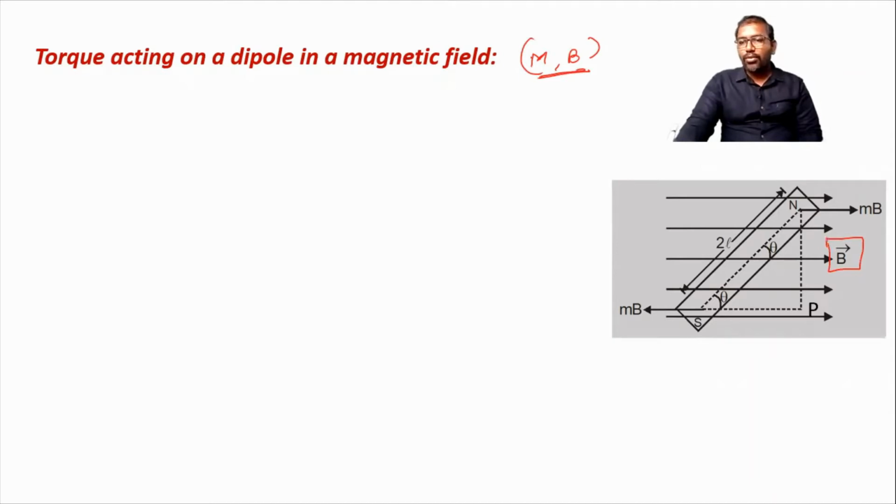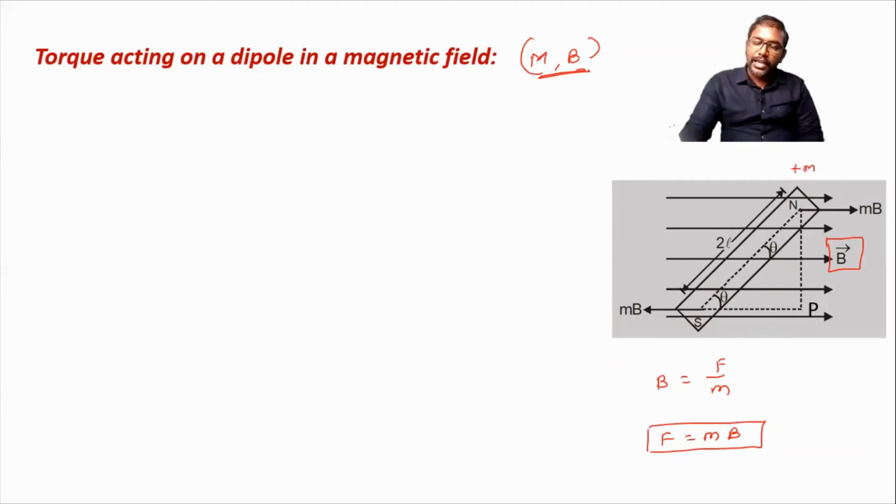Now here we have to discuss the forces acting on this pole. By using the analogy between electric and magnetic fields, we can write magnetic induction as F by m, where F is the force and m is the pole strength. So force is mB. The force acting on a pole is given by the formula mB. Now the N pole has a pole strength of plus m.